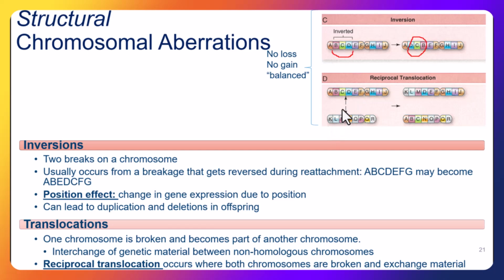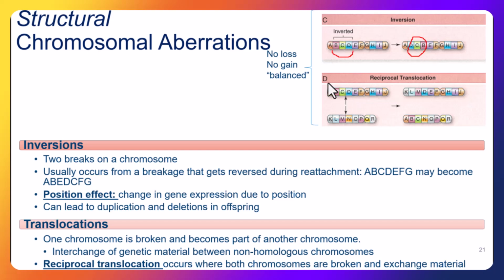This is where images are oftentimes helpful. So this is reciprocal translocation. So it's affecting two different chromosomes. So let's say this is chromosome 2 and this is chromosome 7. Chromosome 2 breaks, chromosome 7 breaks, and then they exchange material. This is what they look like normally, but when the material is broken, so let's say the break occurs here and here, you can see